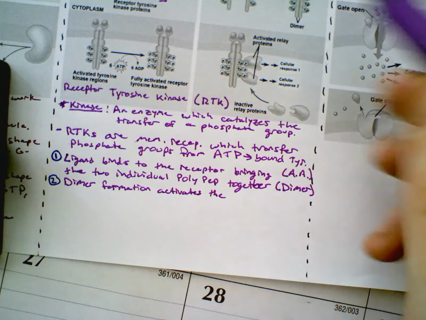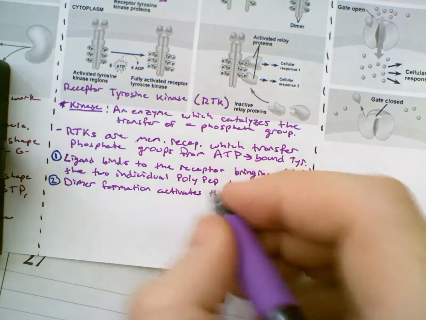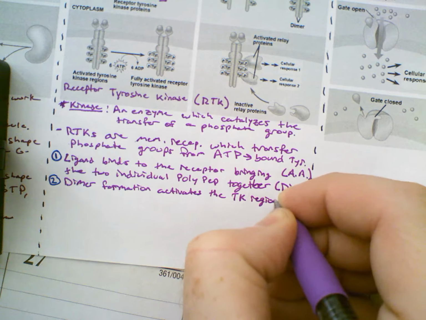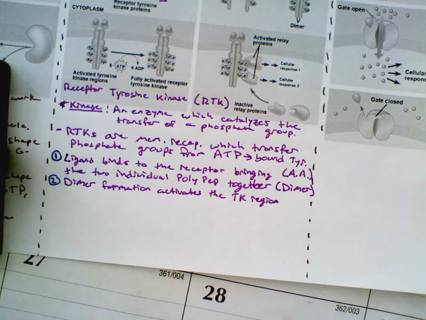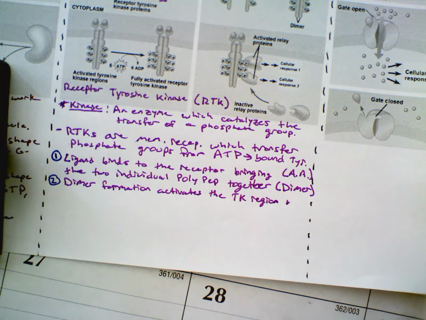So we labeled earlier the R region and then the TK region, so the receptor region and then the tyrosine kinase region. So everything underneath the membrane. So it activates the TK region. By activates, again, we just mean that its shape changes in a way that now it can do something new. So it activates the TK region and a